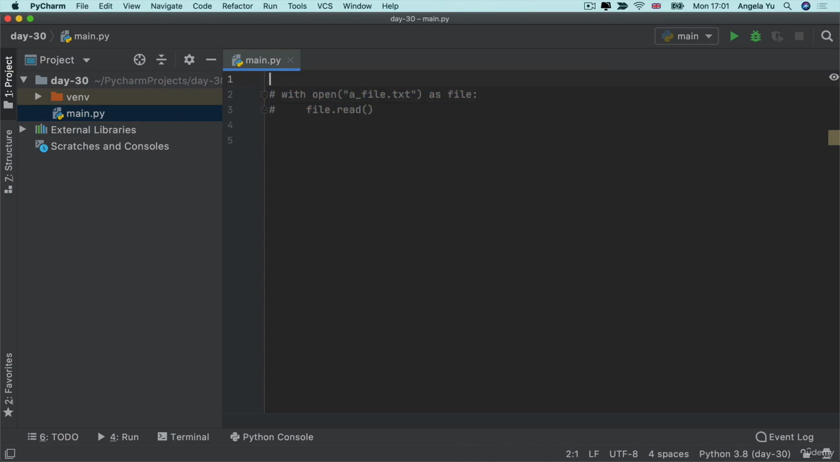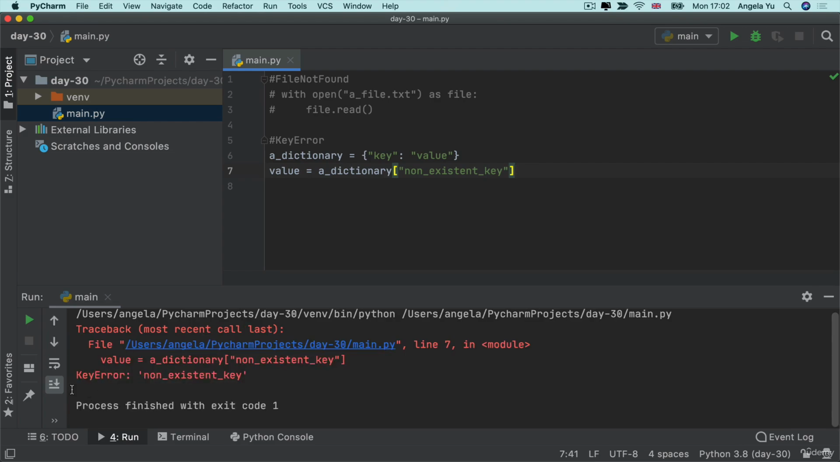thinking about errors, because we've come across a lot of errors, right? Including errors like KeyError. So for example, if we have a dictionary that has just one key value pair and we somehow try to get a value from that dictionary by tapping into a key that doesn't exist, then when we run this code, we will get a KeyError, right? It can't actually pick out the value from this dictionary because this key that we provided does not exist in